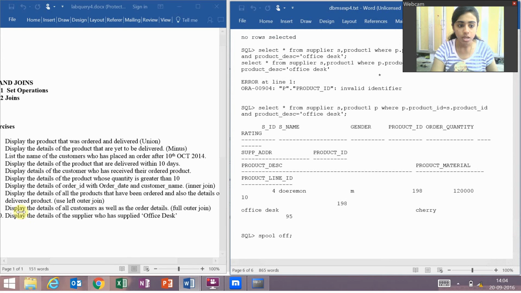Now the next is display the details of the supplier who has supplied office desk. Okay, so the product description is office desk. So I have used the command select star from supplier S, product 1 P, where P dot product ID equals S dot product ID and product description equals office desk. So you can see all the data from supplier ID, supplier product has been displayed, wherein the product description